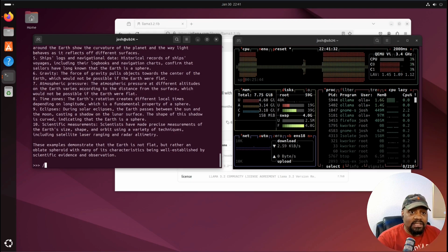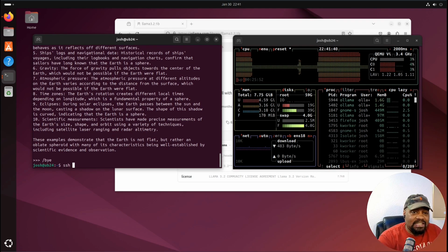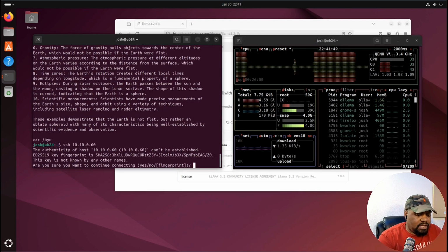Now let me run it on my server so you see the difference with a GPU. So let's type /bye, and then let me just SSH into my server. 10.10.0.60, I believe that's that server. And yes,